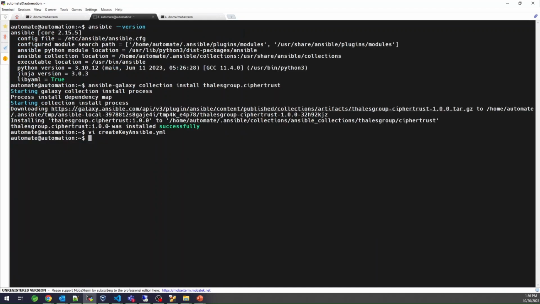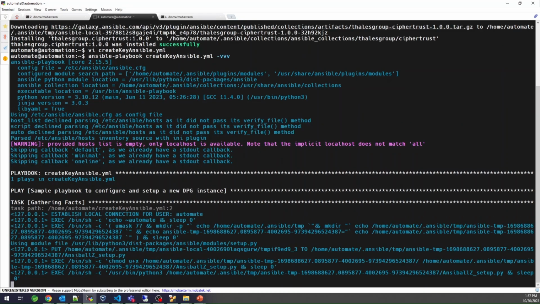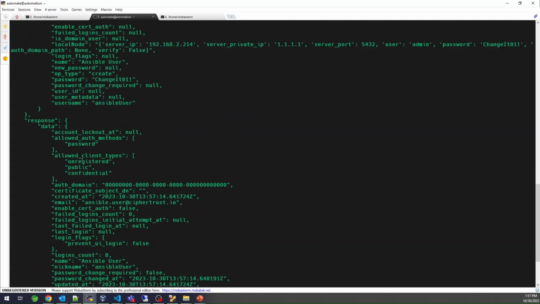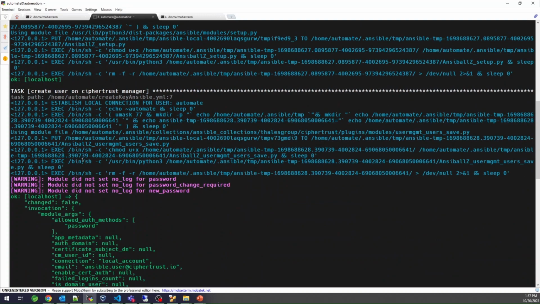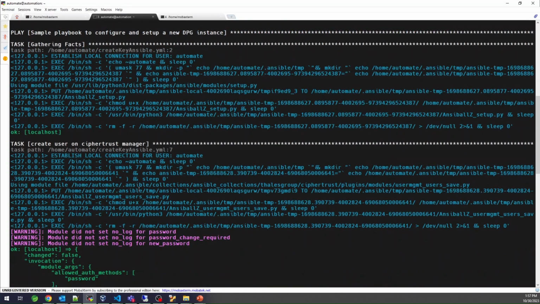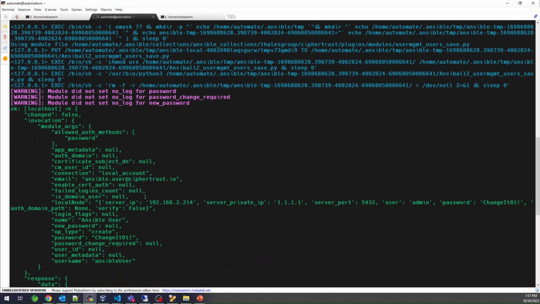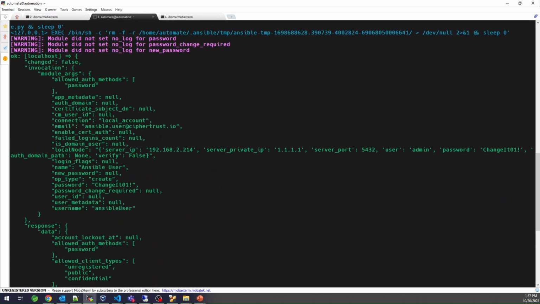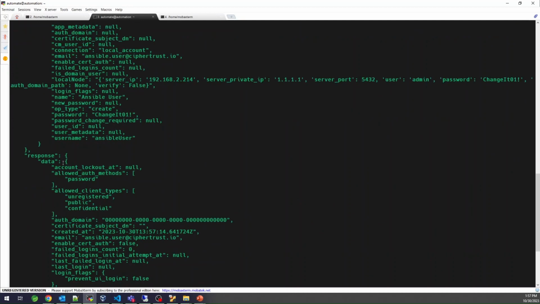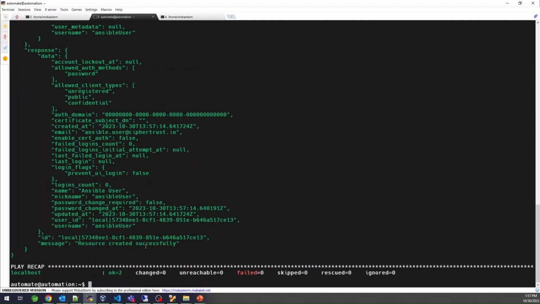Yeah. So to run this, you just need to run it like you run any Ansible playbook. So you just need to provide this information. I'm just adding some verbosity to the output. So this is a very quick run. It did check for some facts, and then it went to the task directly where it is creating the user on CipherTrust Manager. And as you can see, it has returned a response information that resource has been created